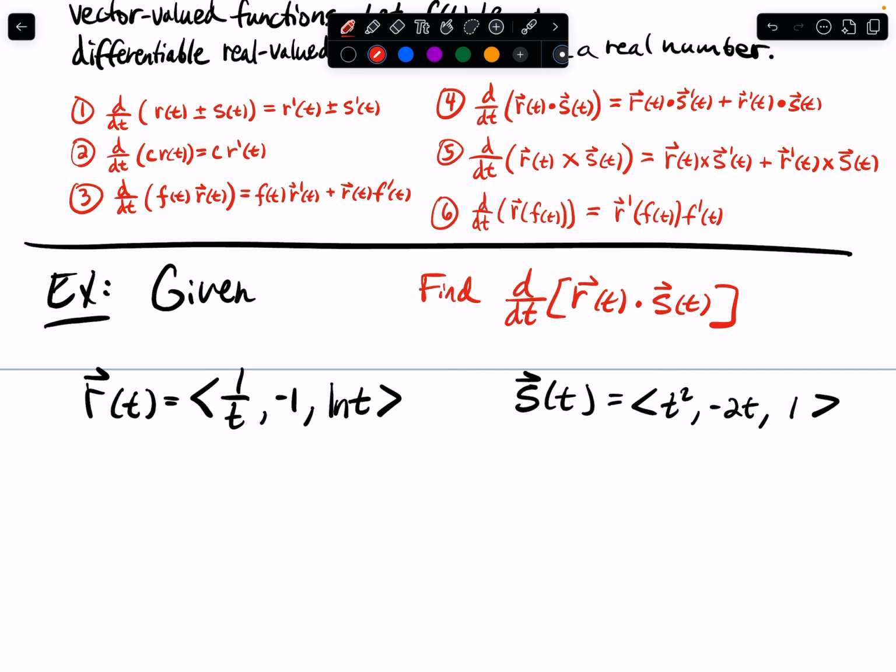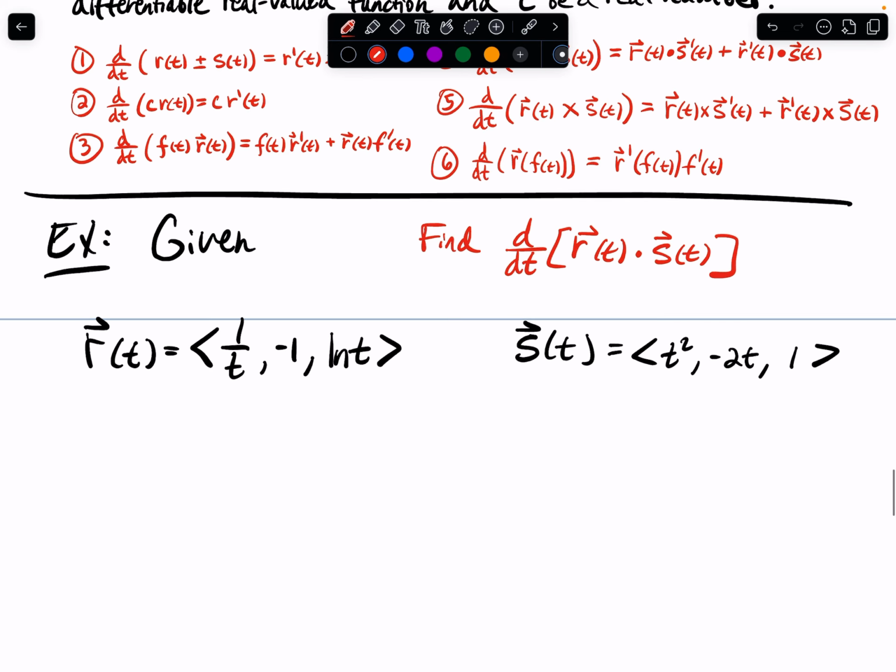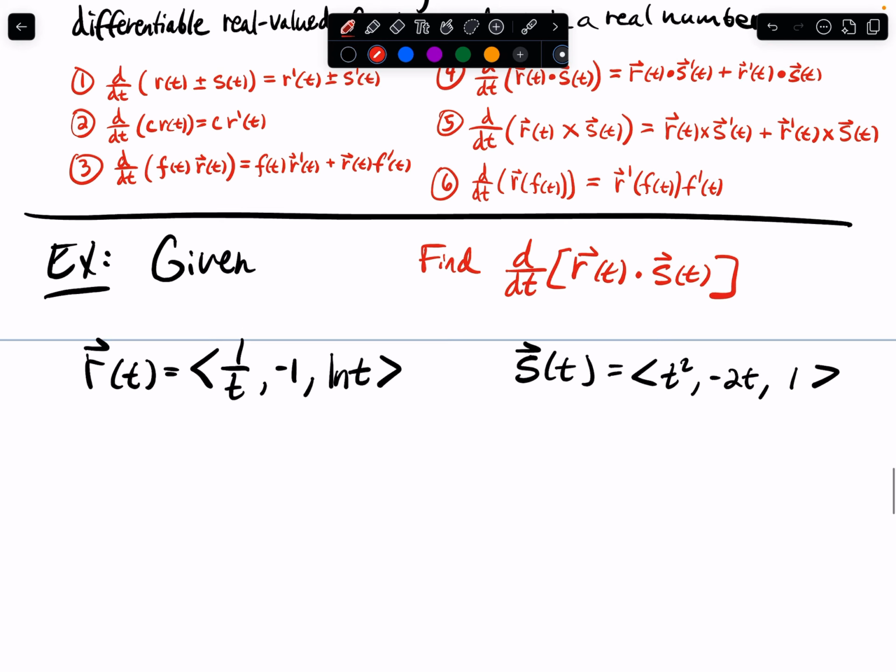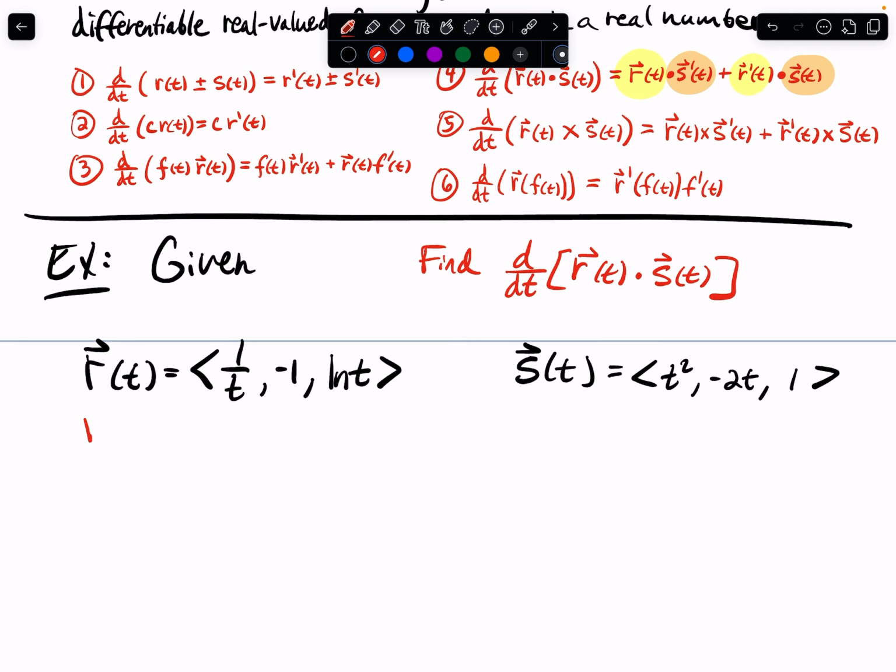Okay, so R of t dotted with S of t. Well, let's see what we can do here. Okay, looks like we're going to need R of t and R prime of t. So we need R of t and R prime of t. We're also going to need S of t and S prime of t. Okay, so I'm going to calculate R prime